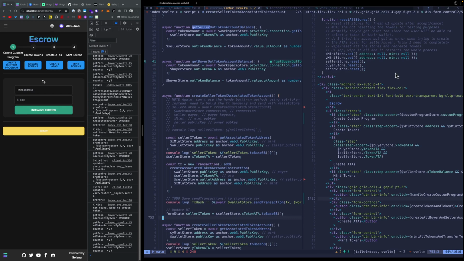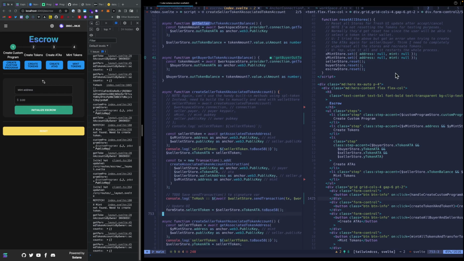This is all the code that I need just for development purposes. And here I'm setting the create associated token account instruction. Here I am setting the payer to be the connected wallet, the current wallet, which I'm just getting from the wallet store, the ATA,